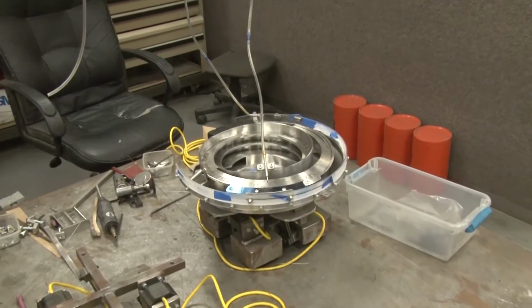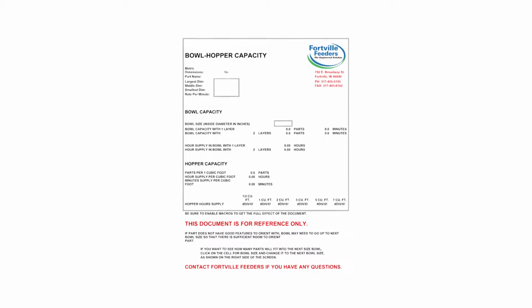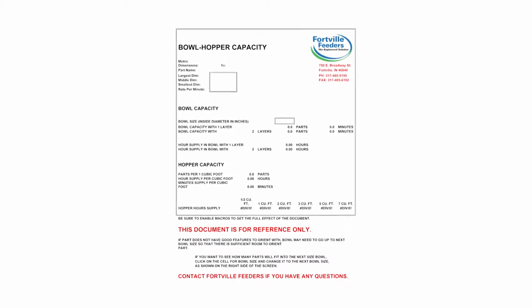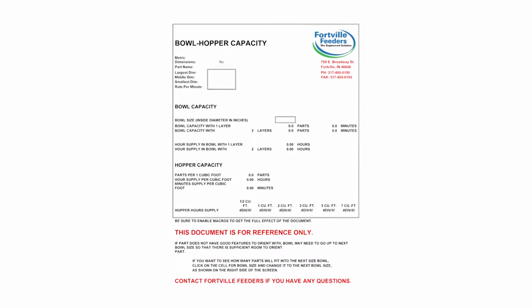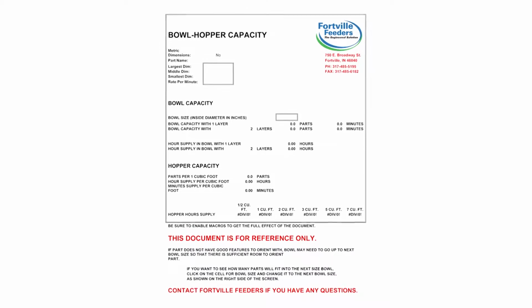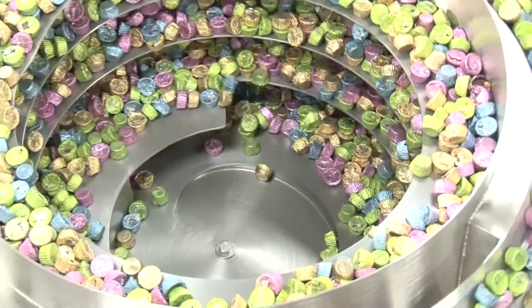There's one that's a bowl hopper capacity formula that we have that's on the thumb drive that you type in the various dimensions of the part. So the large dimension, the middle dimension, smallest dimension, for instance, and you put in the cycle time of 20 parts per minute or 400 parts per minute, and it will kick out the bowl size that's required for that